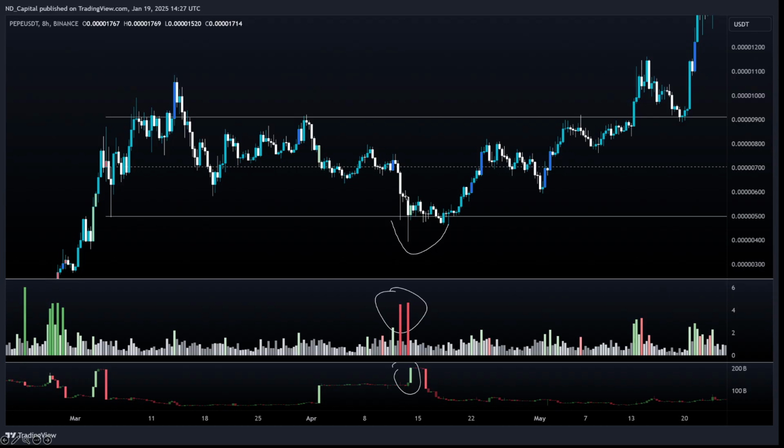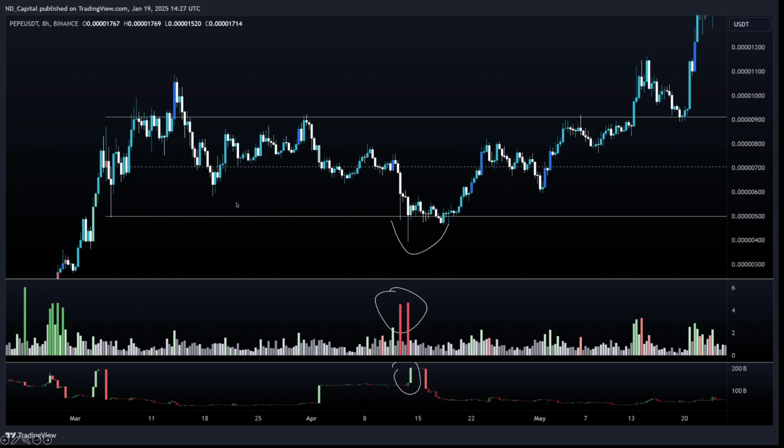This is an example on PEPE on the 8 hour time frame. At the bottom you can see the open interest and also the volume. Clearly you have range lows, range highs, deviation, mid, top, bottom, bounce, and you start consolidating into the lows. This big increase in the open interest is signifying to me shorts opening into that key level. And then once you start coming to the upside, you see that open interest decreasing overall. These people get squeezed out, and with the volume spikes, there's essentially a lot of interest in the market at this